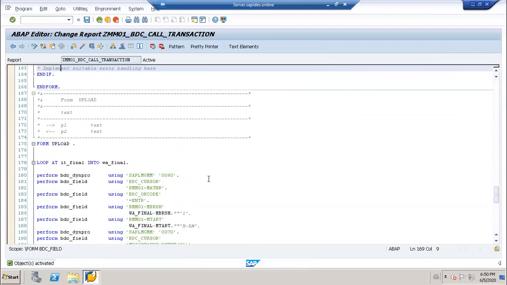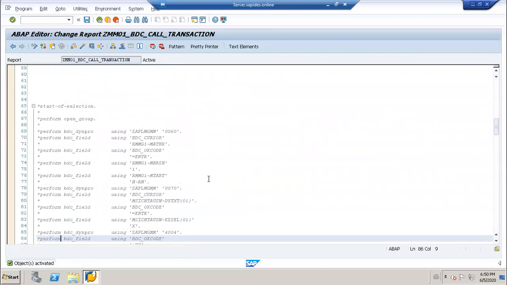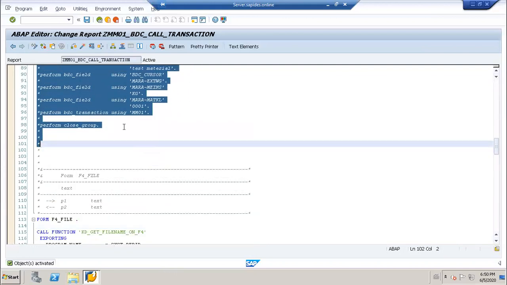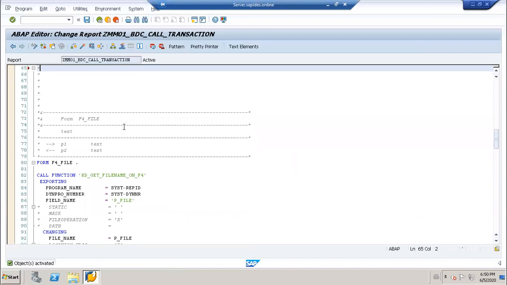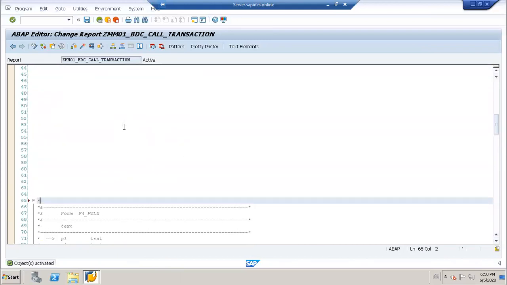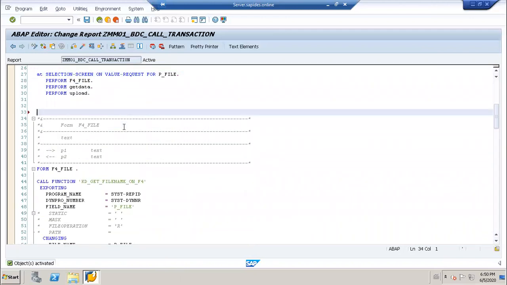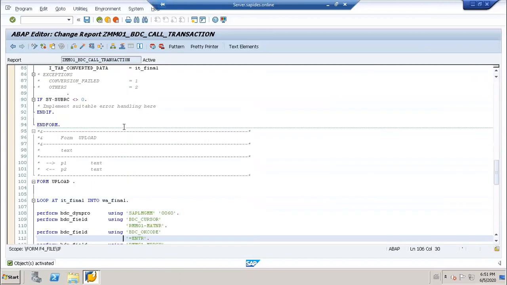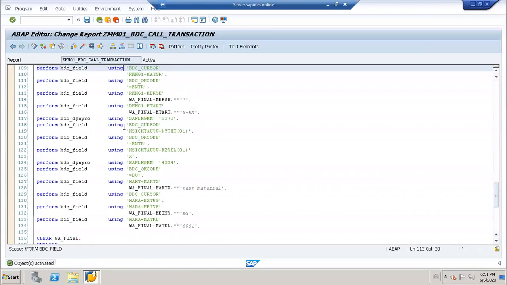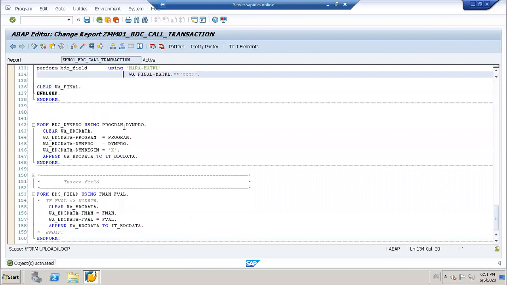Now the next thing is here you are getting those messages, right? So just let me remove this. Now the whole program is ready. At the end, what you have to write? You have to write that syntax. What is that syntax?